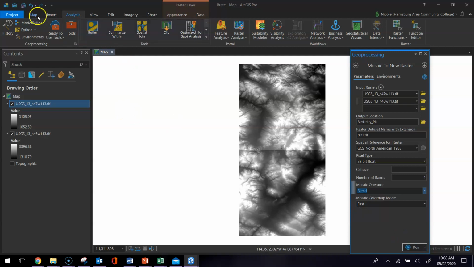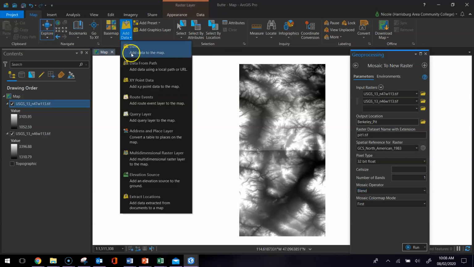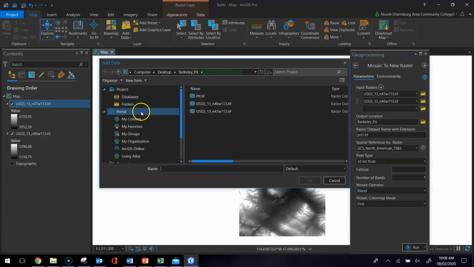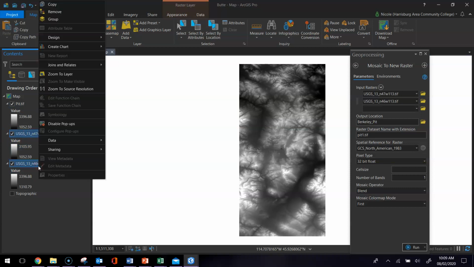And what will happen then, and I'm not going to make you suffer through it creating the new raster, but once the new raster is created, it will be in the folder that you specified. Now you can see that you don't have that seam between the two, and you can see that it took the lowest elevation value of the two and the highest elevation value of the two and stretched the mosaic out between those values. So now that we're done mosaicing our images,